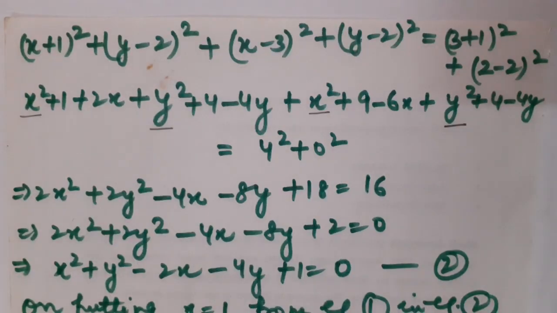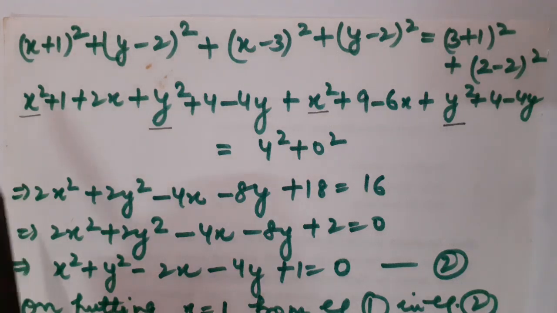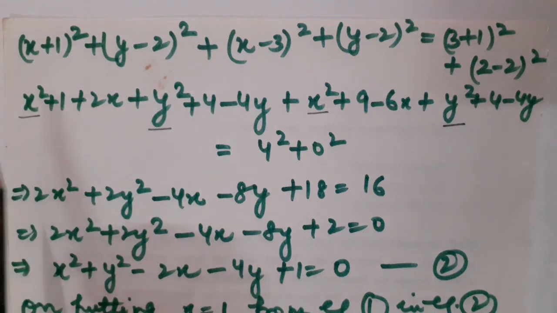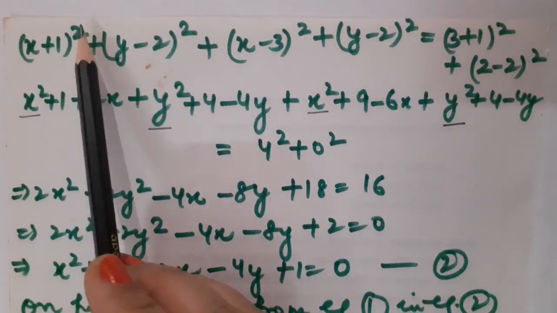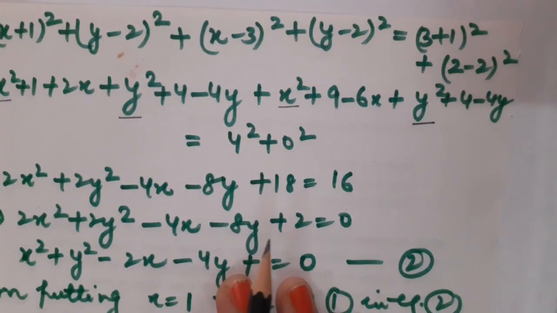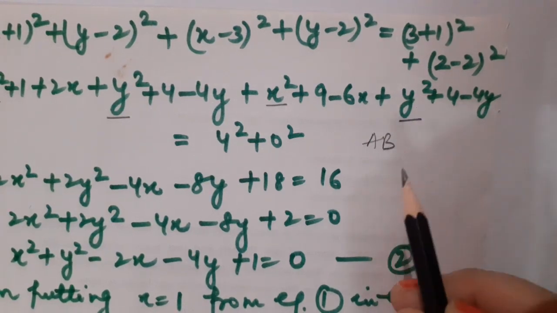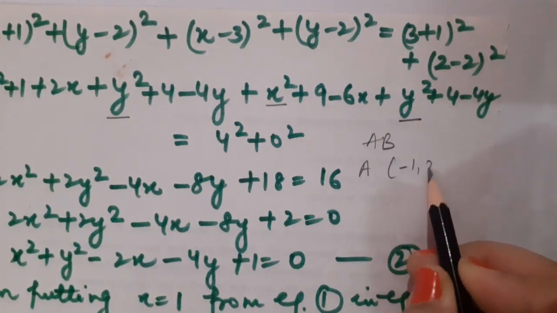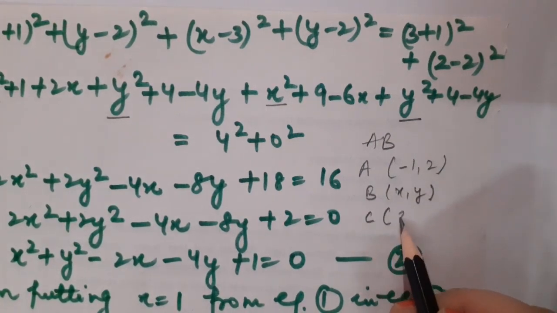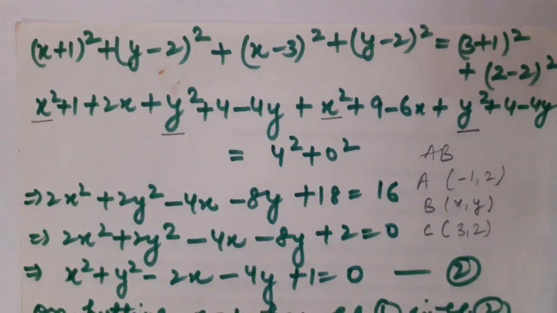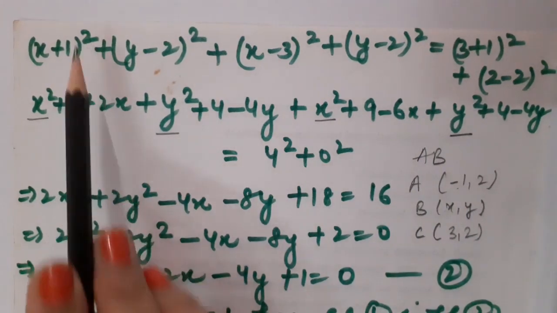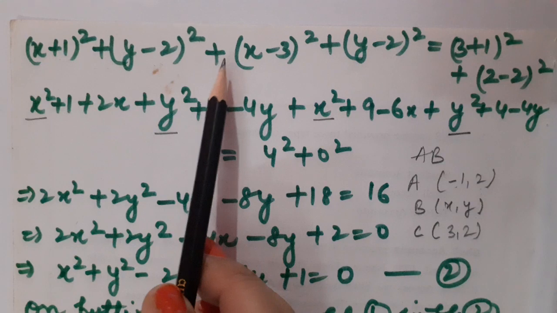Understood? Now to calculate AB, I have to apply the distance formula, but it is said AB square. So in the distance formula, the under root will be removed. Let us apply. It would be (x plus 1) whole square plus (y minus 2) whole square. Fine? Because children, you are going to find the AB distance. And let me tell you, the coordinates of A are minus 1, 2 and B are x, y. And let me write the coordinates for C also for your convenience. So it would be, just apply on AB first of all. This is (x plus 1) whole square plus (y minus 2) whole square plus.